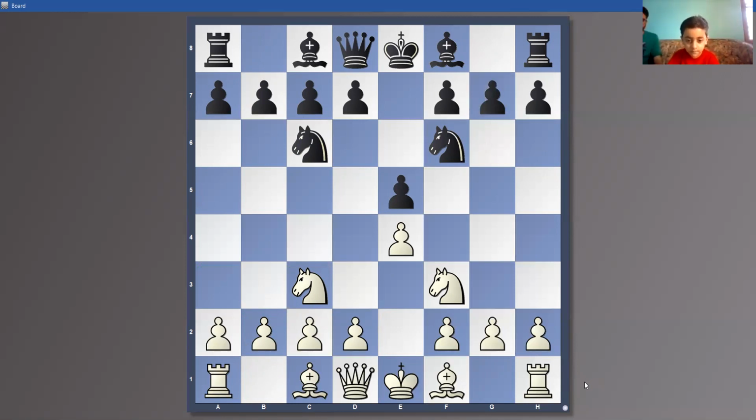Which piece would you like to move? You can take your time, no need to hurry. You have many choices, you have all these pawns, you have your queen, you have your bishop, this bishop, king. Which piece you would like to move?